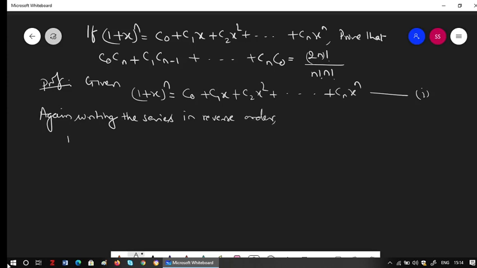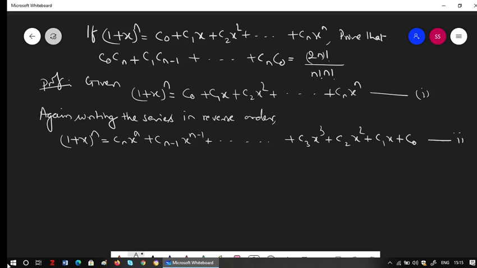then we get (1 + x)^n = cnxⁿ + cn-1xⁿ⁻¹ + ... + c3x³ + c2x² + c1x + c0. This is supposed to be the second equation. Multiplying I and II, then we get